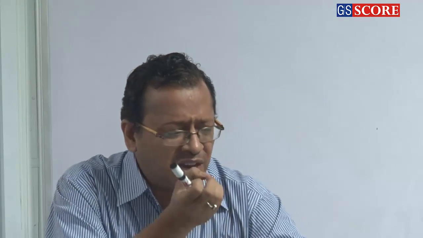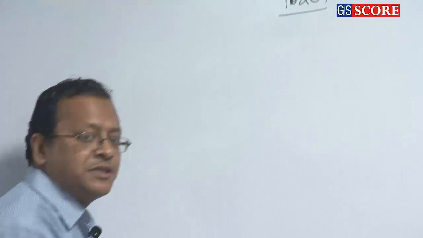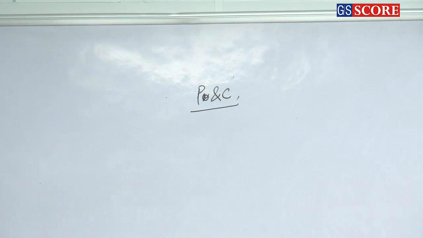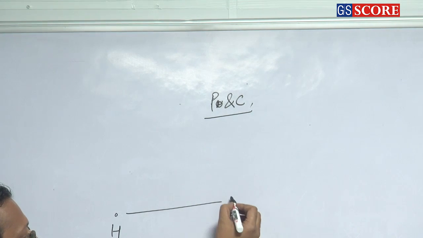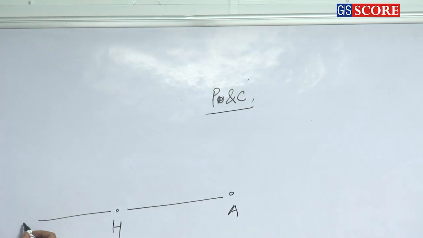Okay. So PNC is one of the topics which can go to any level when you teach an IIT class, right? But here basics and say 10% above basics is what we all require. If you are clear with the basics, we can do any question in PNC. Before using the word permutation and combination, I give you a small situation. Say this is your home, this is your airport and this is your, say, college.